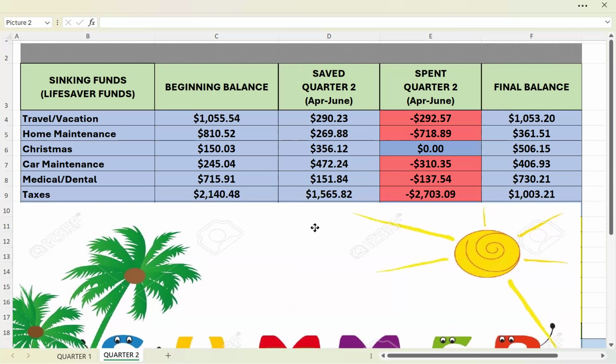Taxes. So I do have to pay taxes. I pay property tax, I pay income taxes. So I'm bombarded with taxes. So I had a beginning balance of $2,140.48. I saved an additional $1,565.82 in Q2. However, I spent